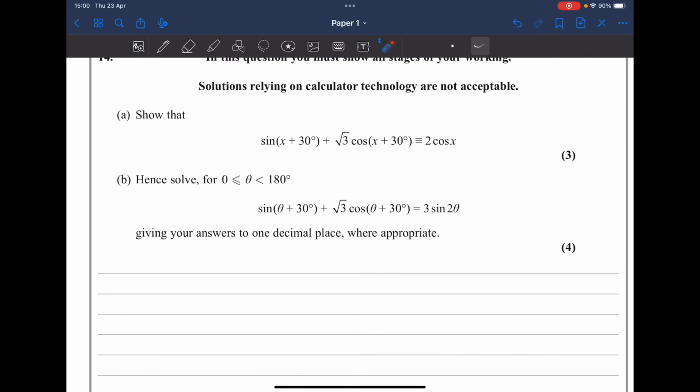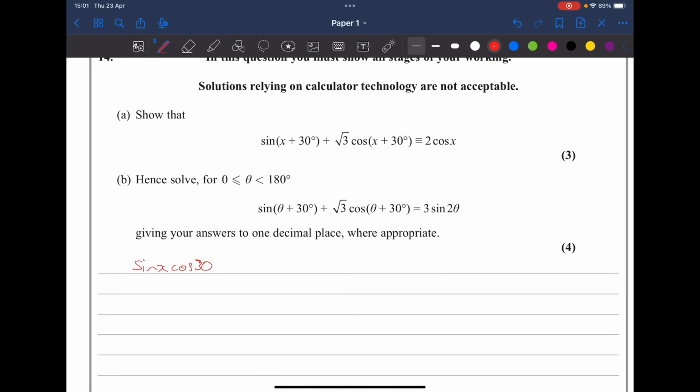So on here, it looks like it's r cos of theta plus alpha, but it's not. It's like the reverse of that. I mean, here we've got 2 of these ones and one single one. You could kind of think that way around, if you just do the substitution. But most likely, what we're going to do is use the double angle formulas. So we're going to have sine of x